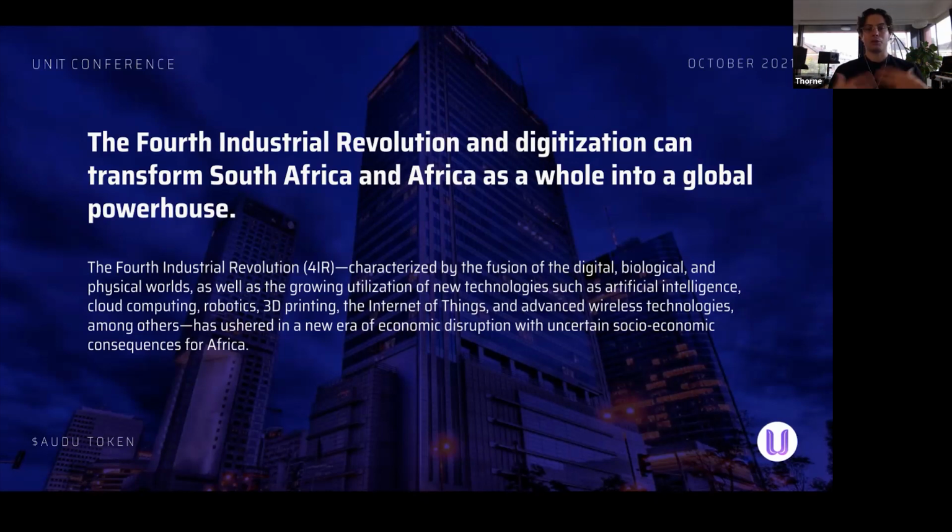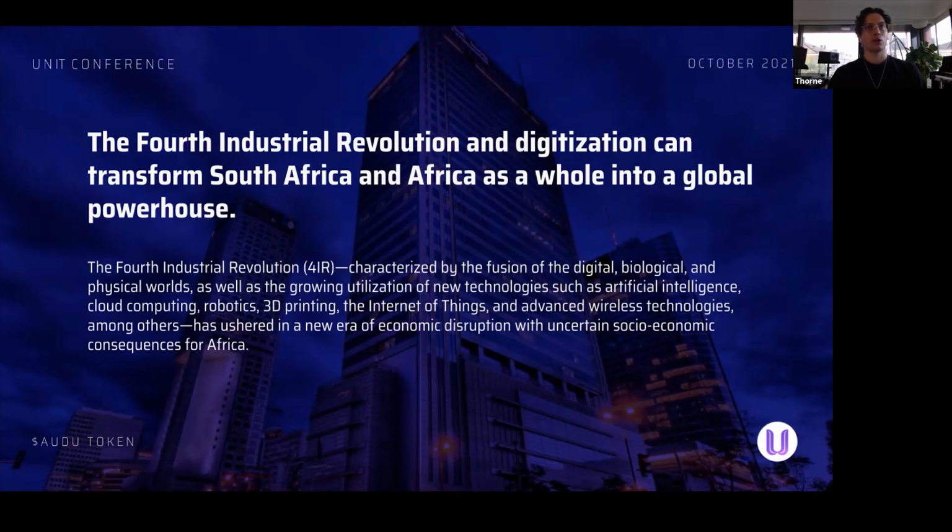And this fourth industrial revolution, as mentioned here, is really characterized by the fusion of the digital, the biological, and the physical world. There's a lot of people now talking about this, and I think the phrase is a bit of a hot topic at this point in time. So it remains to be seen if these are actually used and implemented in an egalitarian way or a totalitarian way, because both are possible. And I'm sure maybe some of you have heard about this concept of technocracy, which I think is very closely tied with the fourth industrial revolution as well. It's kind of like technological communism to a certain extent.